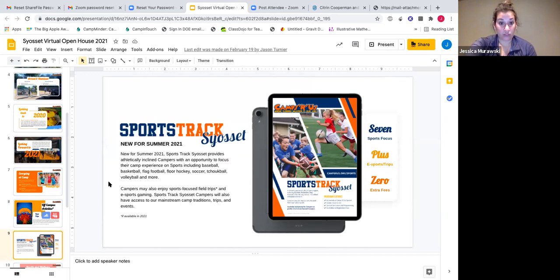Some of our campers showed a tremendous interest in sports. And so we developed a program this summer for those campers to opt into. Now, campers are not required to opt into this at Syosset. It's optional. And basically what it is, it's the 8 weeks of camp. However, instead of going to all the activities that all the other campers go to, they will specialize specifically in